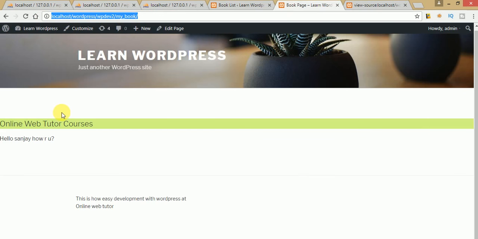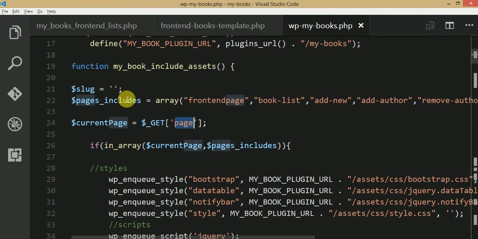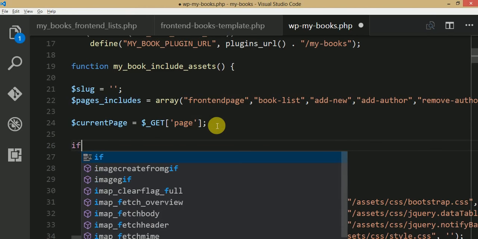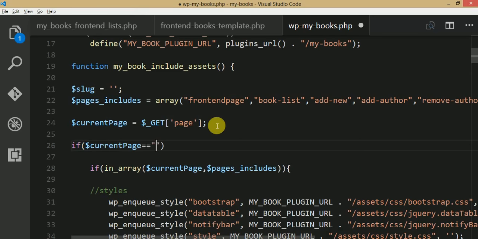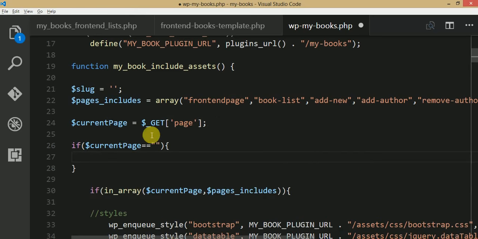Okay, that's why we are using the global server variable of PHP, in which we are getting the values called server host and request URI. By using the two values from server, then we need to compare whether my book is present in that requested URI or not. Okay, so let's say that if current page equal to blank, okay, means we are not getting the value within this variable because we have no requested parameter as a page. Okay, so if it is empty, let's say by using PHP function empty,